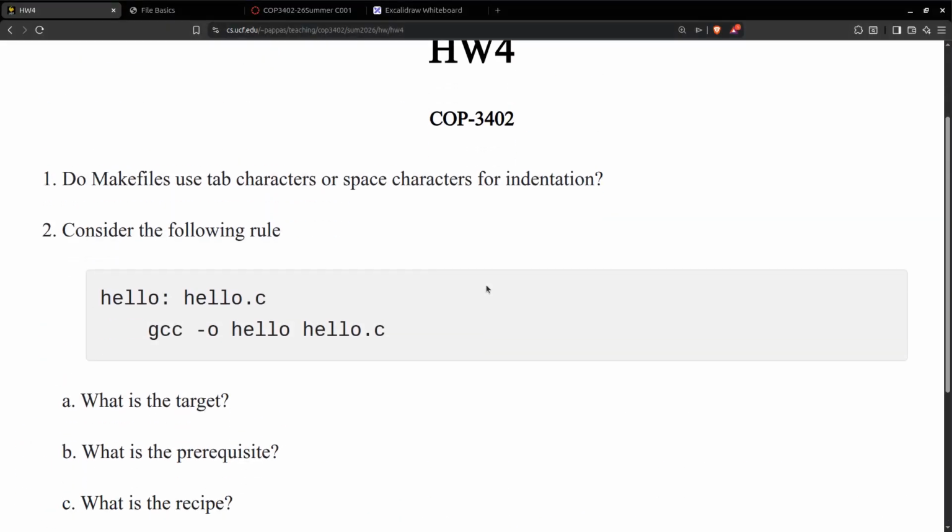How could we tell make to run the hello command every single time, regardless of whether a hello file exists? What did we do last time when we had that clean rule? We would add hello as a prerequisite to .PHONY. Yes, exactly. We would add it as a phony prereq. That's a special target in make, that if you add a file as a prereq to .PHONY, it would